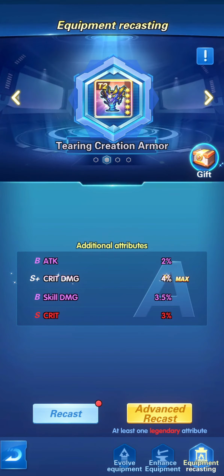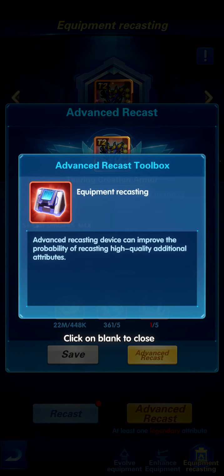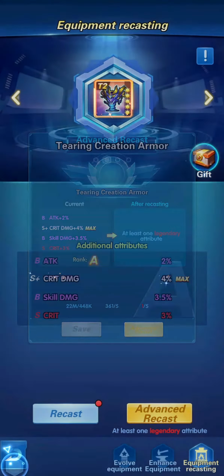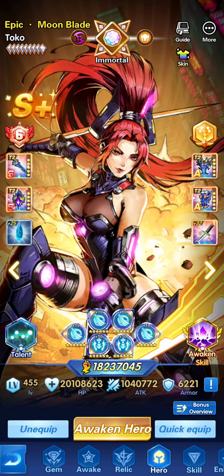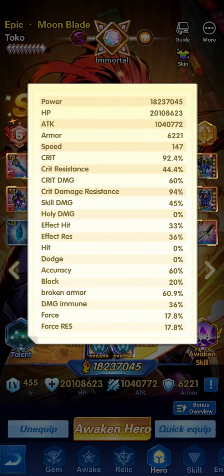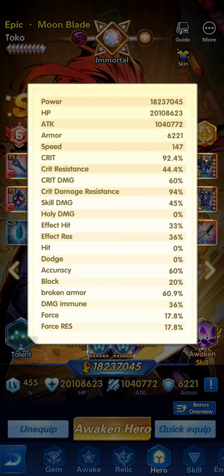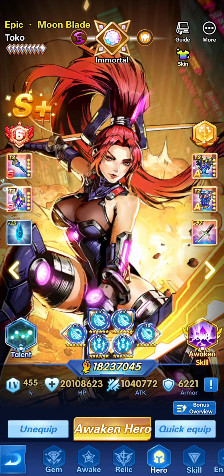So do not save it and wait until you have more advanced recast tool, more legendary recast material, and more gold, and then recast again. Overall, don't try to screw up your attributes like some of the attributes happened in this video. Try to be selective and keep recasting until you get better attributes for the critical resistance, and so on. If you screw up and the critical resistance, for instance, went down too much, you're gonna have to be patient